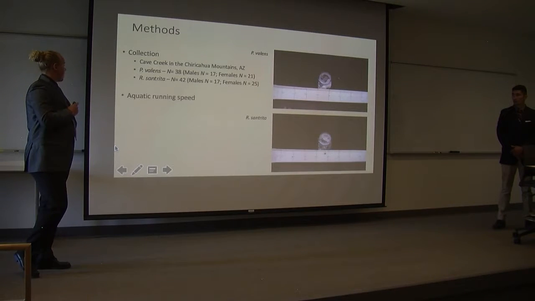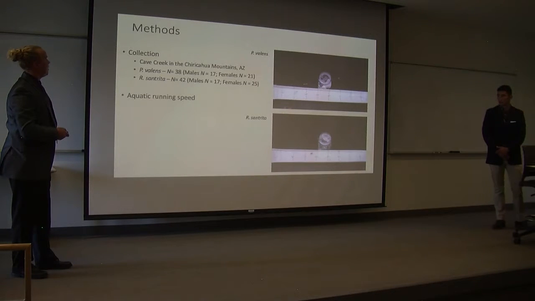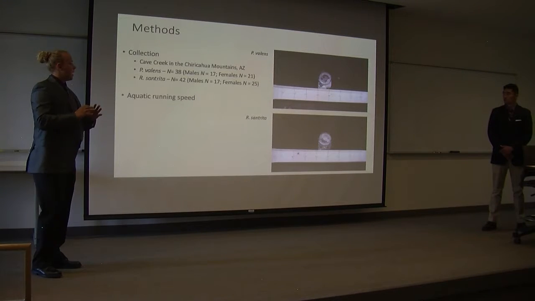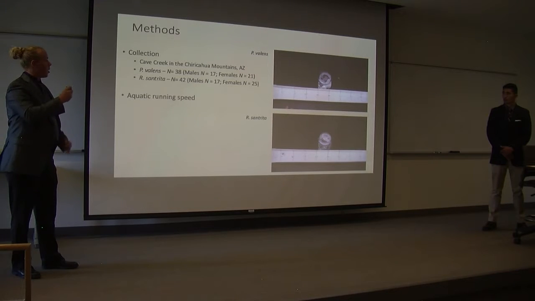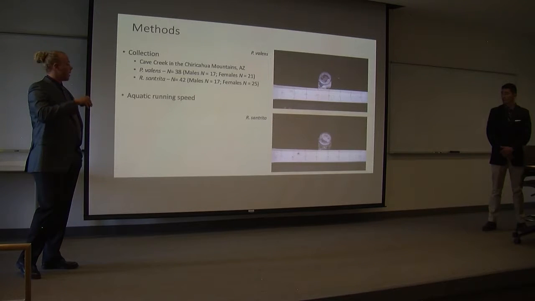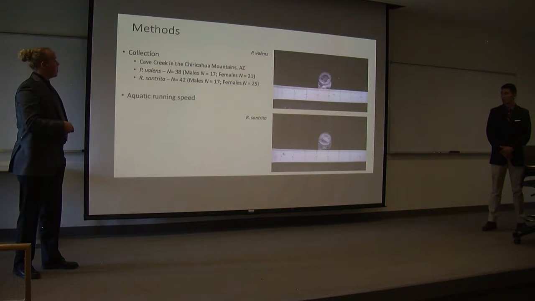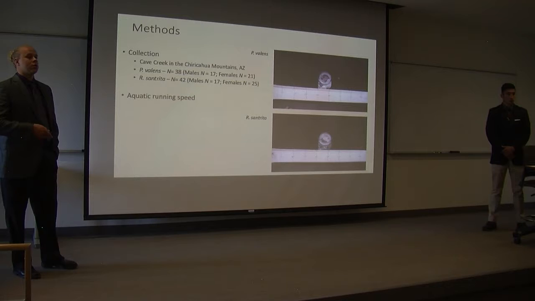The first test that we ran was the aquatic running speed, which you can see here and here, with P. valens up here and R. centrita down here. So how we did this is we took a PVC pipe and we cut it horizontally. We then capped the ends and then marked out centimeter increments, as you can see here and here. We then filled it with water and placed the spiders on top of the water and then chased them down the raceway, and then measured how far they went in centimeters per second and then converted it to meters per